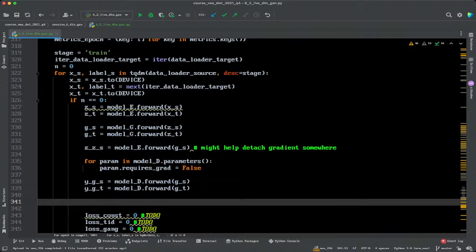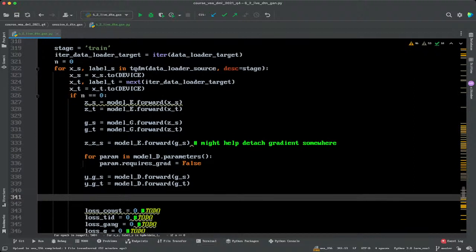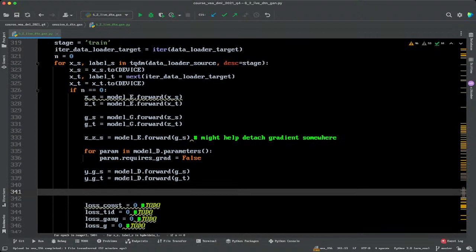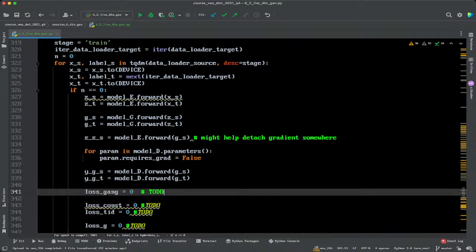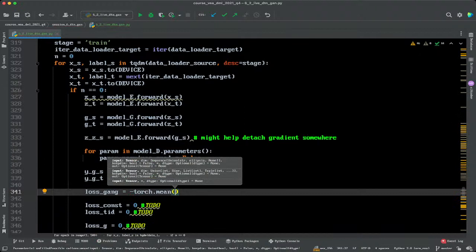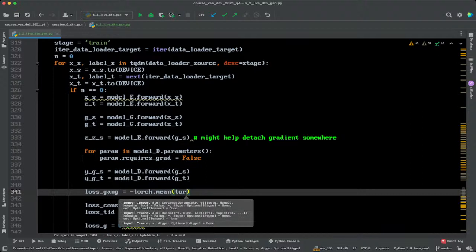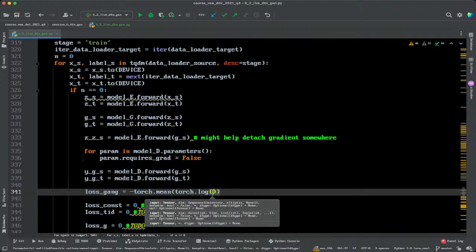Okay, so then let's start to write the equations which you had written in the Jamboard. So loss GAN. It's already below here. So I will start with loss GAN. This will be minus torch mean of the first thing, which is the torch logarithm of D